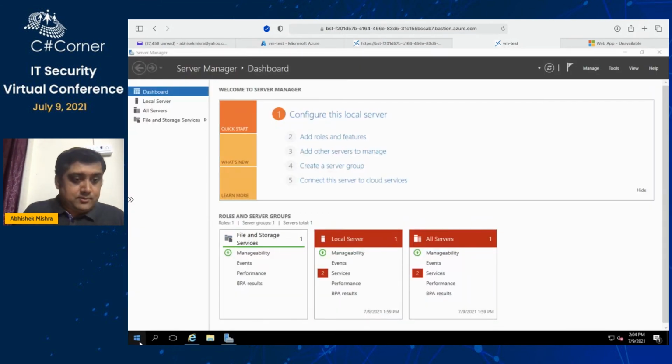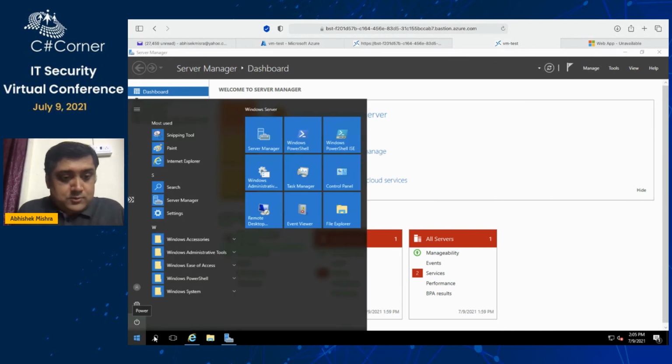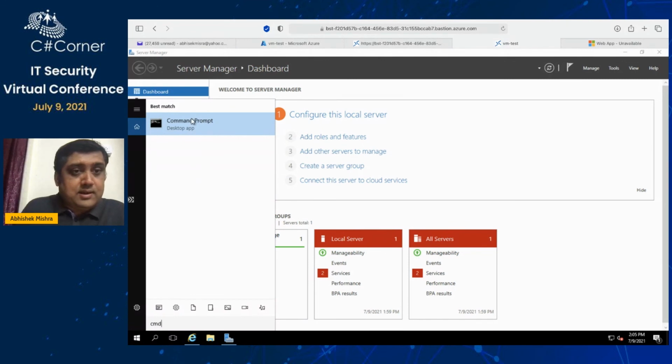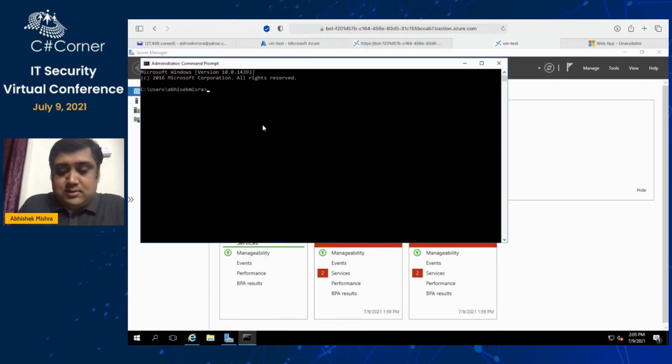Okay, we are in. So let me search for cmd. It comes here. I can do an nslookup. Then nslookup my web app 28 azurewebsites.net.